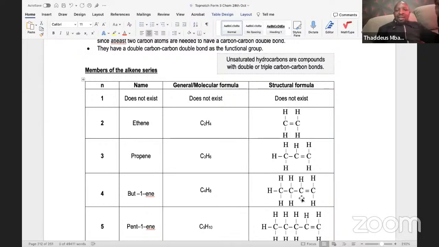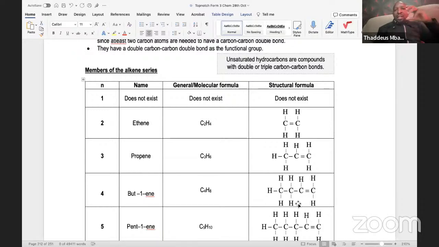So in that kind of scenario, when you draw a structure like the one that I've shown on the screen, you count 1, 2, 3, 4. From that, you find the double bond is located between the first and the second. Unlike the case of alkanes, when you are deriving the names of alkenes, you start counting from the side nearest to the location of the double bond.